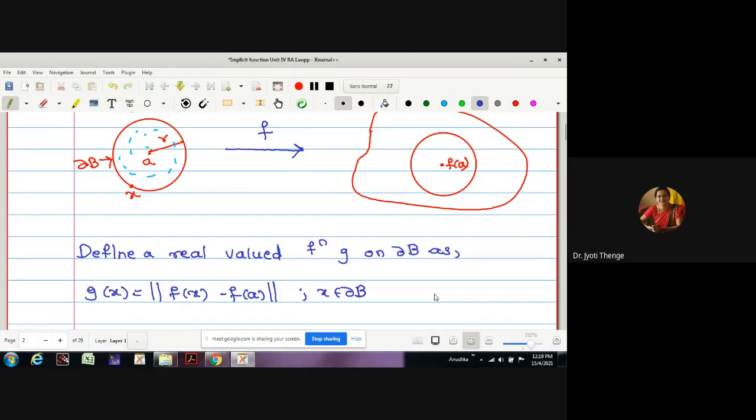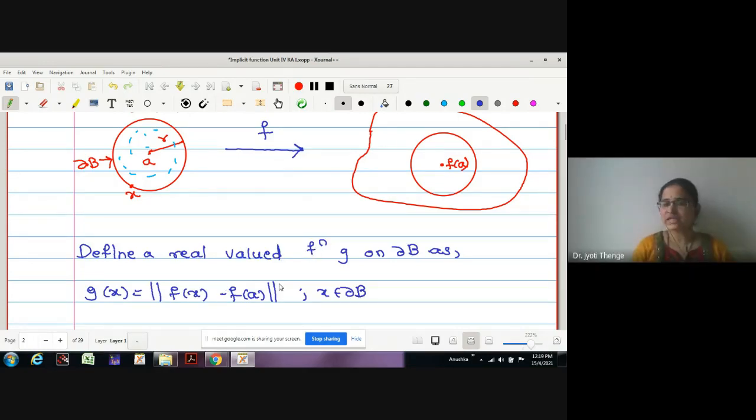What is the meaning of norm? Norm is actually a distance between the 2 points. For the sake of convenience, let me consider the distance to be by a shortest path, that is a straight line joining the 2 points. It is not compulsory that it be the straight line joining the 2 points, but in order to understand the theorem, let me take this as the straight distance between the 2 points.